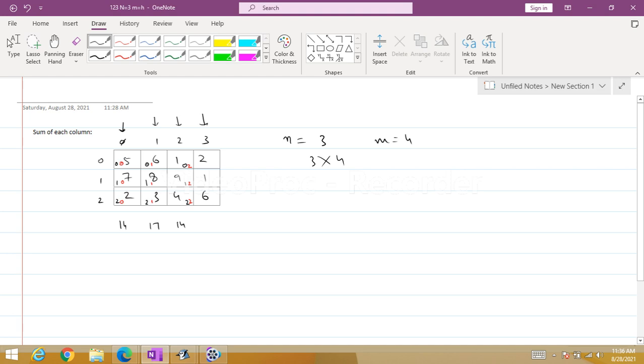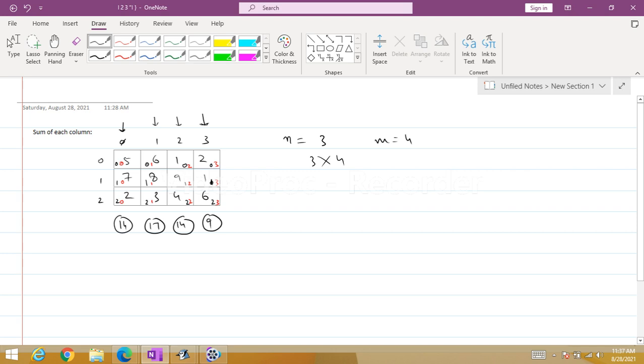Now you will come to the column number 3, and in the column number 3, the column will be fixed. Your row will be changing. What will be the change in the row? It will be 0, 3, it will be 1, 3, and then it will be 2, 3. 7 plus 2, 9 will be your final answer. That means you have to find the sum of each column. This is what you are supposed to do.